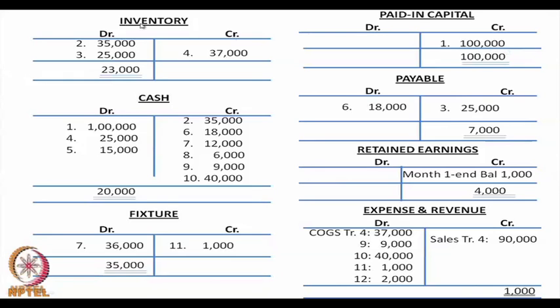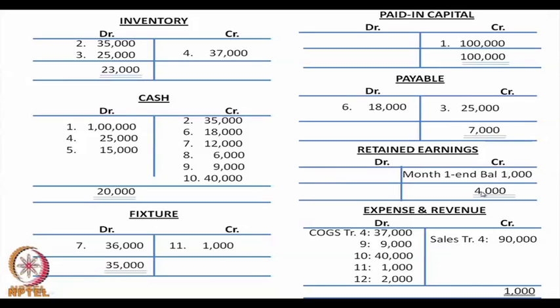So, we just put the sum here. For example, 35,000 plus 25,000 is 60,000 minus 37,000. So, this is 23,000. Similarly, the sum total has been calculated and cash position is 20,000, fixture is 35,000, paid in capital remains at 100,000, payable still 7,000 payable is there,